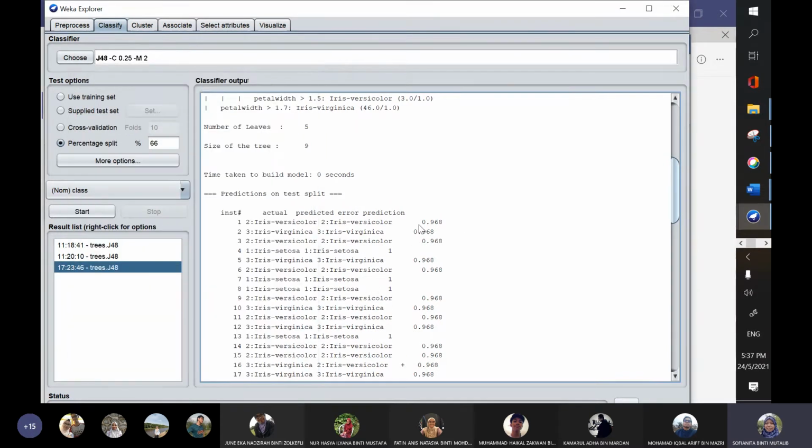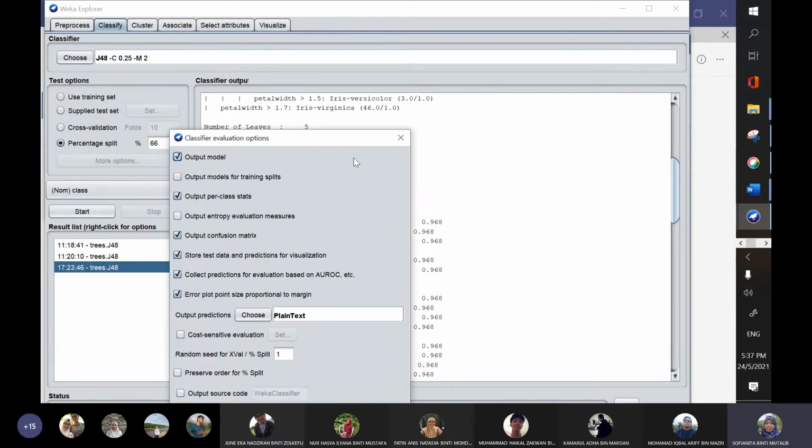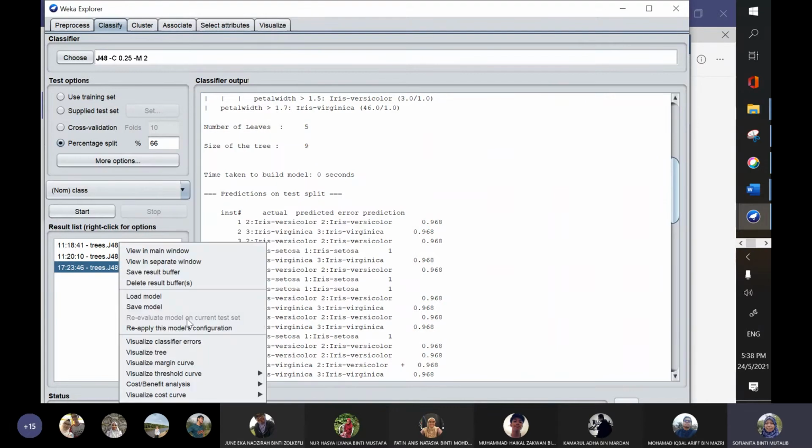So actually if you just remove it, it will show the actual and also the predicted value. So the error prediction reflects one of the options that we have in the classifier evaluation. If you look here, visualize, classify, cost benefit, I guess. Is it this cost curve?